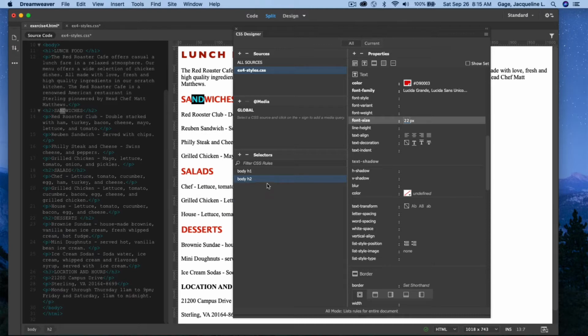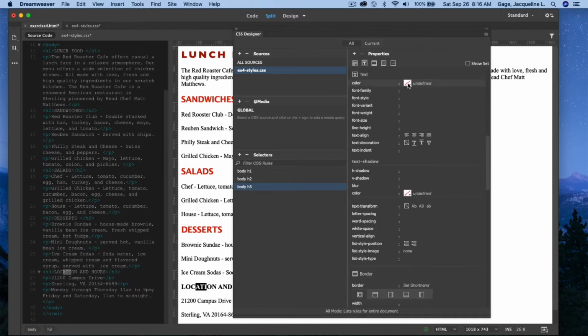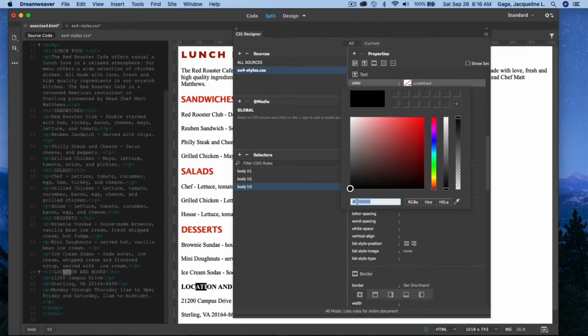Now I'm asking you to do the H3. So I'm going to put my cursor in the H3, which is right here. Again, I can tell here, here, and here. I'm going to add the selector. There we go. I'm going to change the color again of the text. Clicking on the color chip, I'm going to leave the hashtag and type in